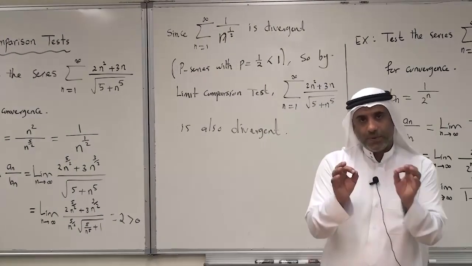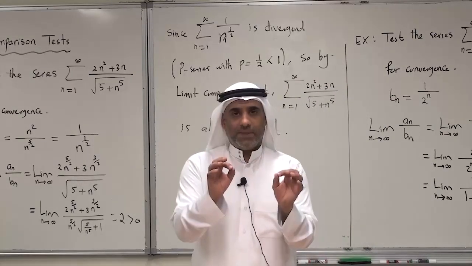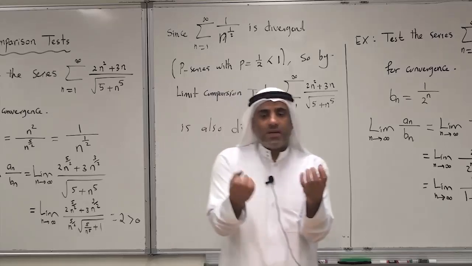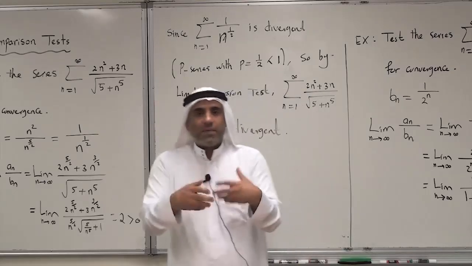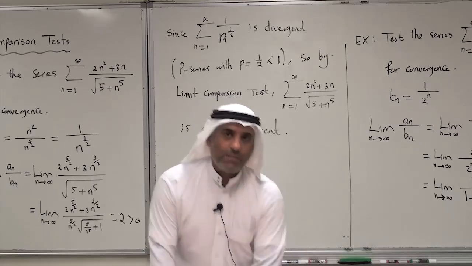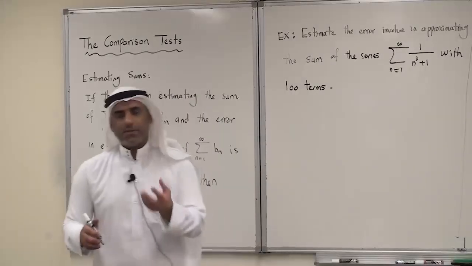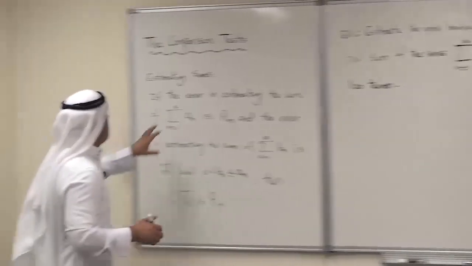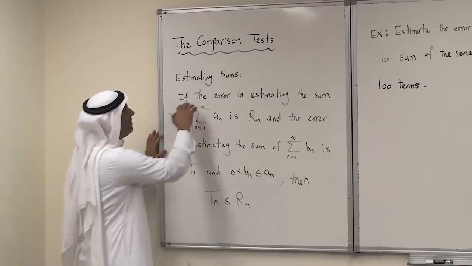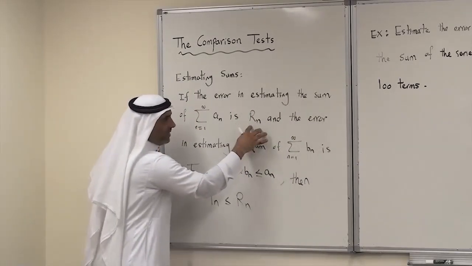Now the last point is to talk about something called estimating sums. If we have two series and we are trying to estimate the sums, what can we say about the error? That will be our next point. Now let's come to the last point we have in this discussion. We have estimating sums. It says if the error in estimating the sum of an is Rn,